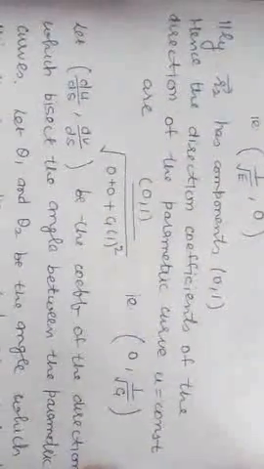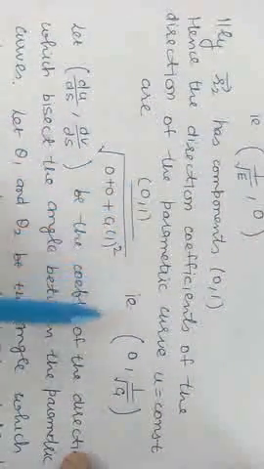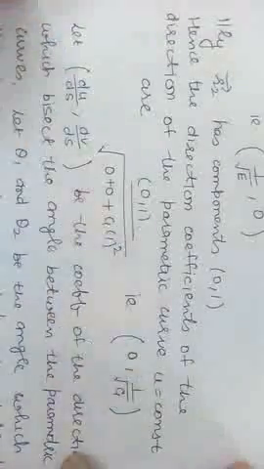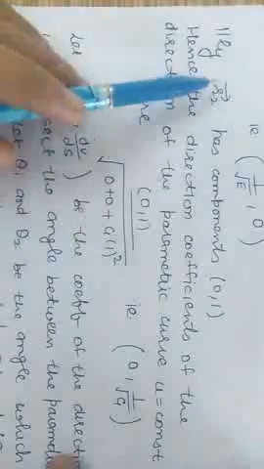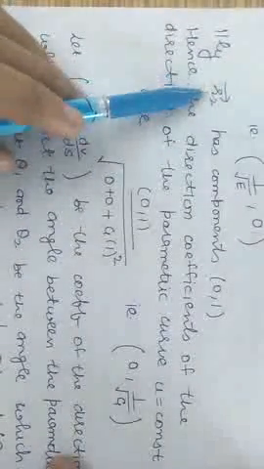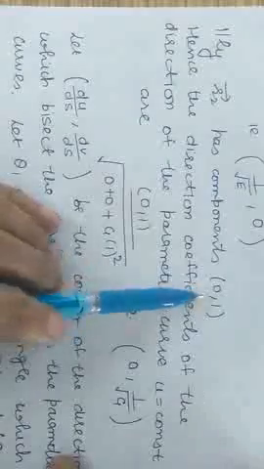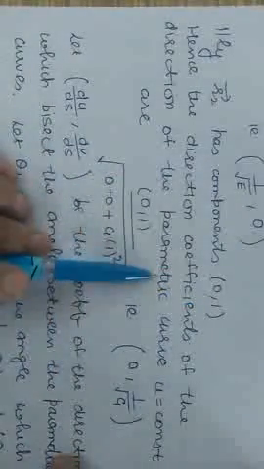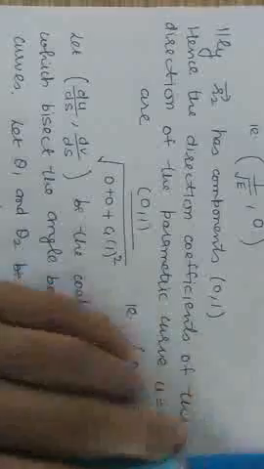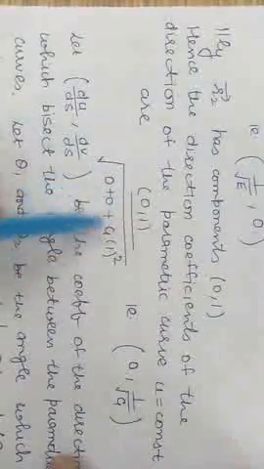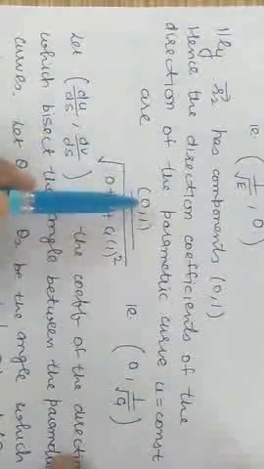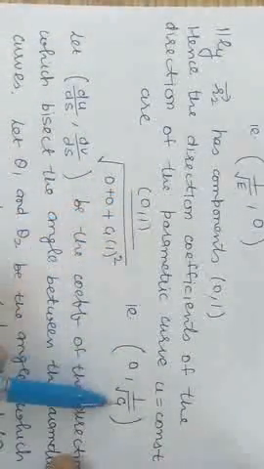In order to find the direction coefficients along the direction of the parametric curve U is equal to constant, we can write the vector R2 as 0 into R1 plus 1 into R2. So its direction ratios are 0 and 1. The direction coefficients can again be obtained by the same formula. These are given by, because lambda and mu are 0 and 1 here, E lambda square plus 2F mu lambda plus G mu square. So substituting the values, the first component is 0, and the second is 1 upon under root G.